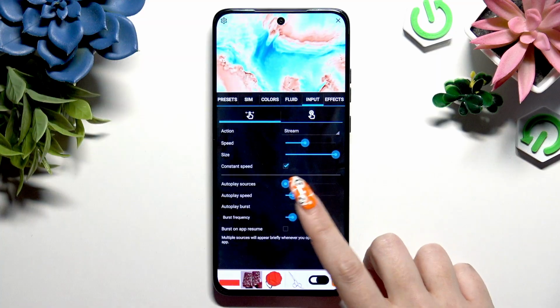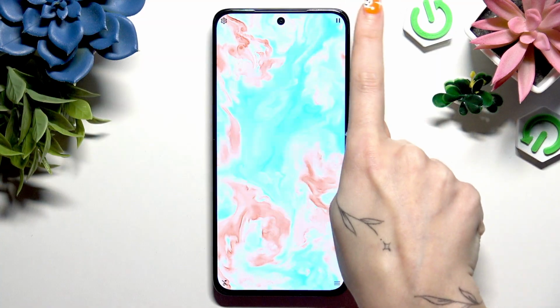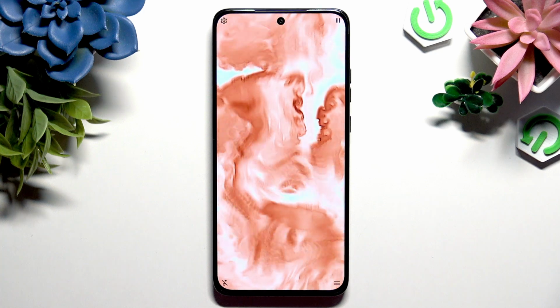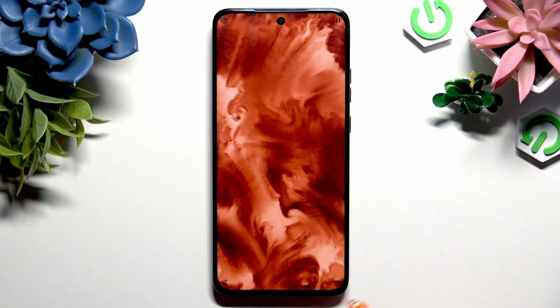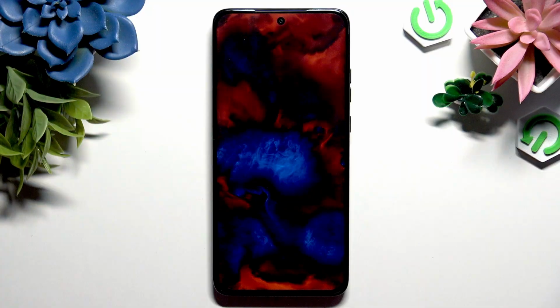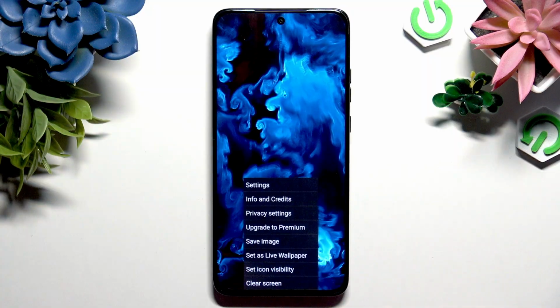Either way, use this X at the top right corner, and then to apply your wallpaper, those three lines at the bottom right corner. Hit Set as Live Wallpaper,